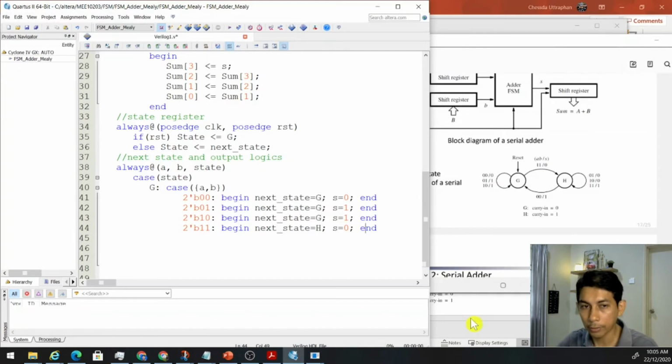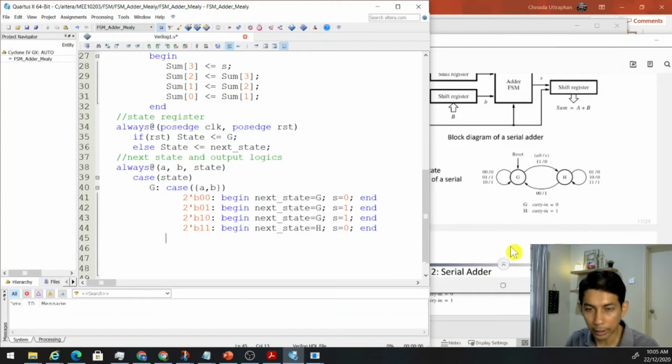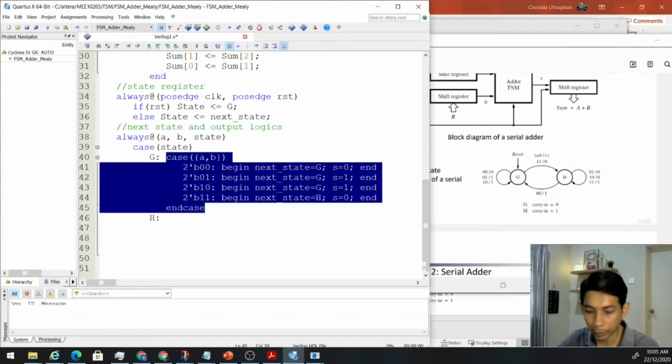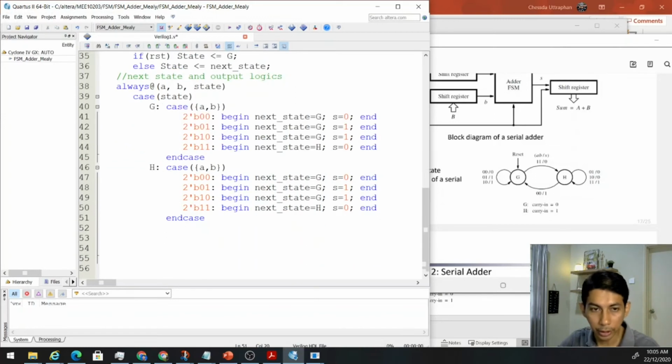All right, so this will represent state G. And we have here case, so we can say in case here, all right. And we have state H here, so it should be similar to this, and the difference is only the value of this G here and here. So maybe we can copy this and just change the value